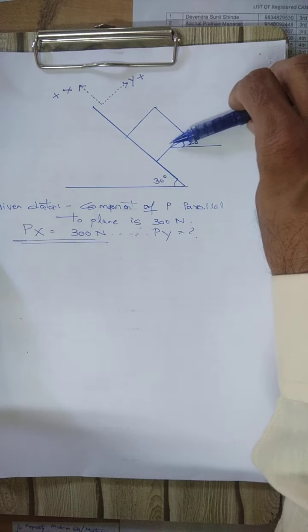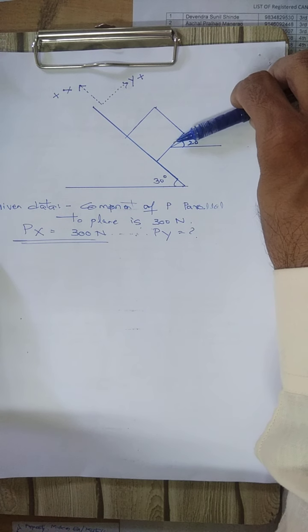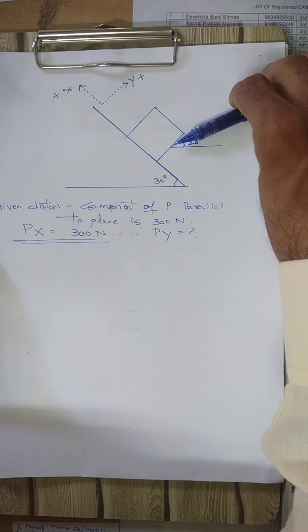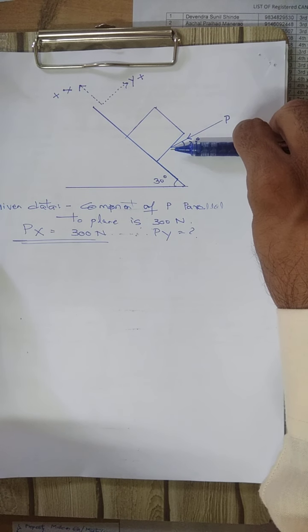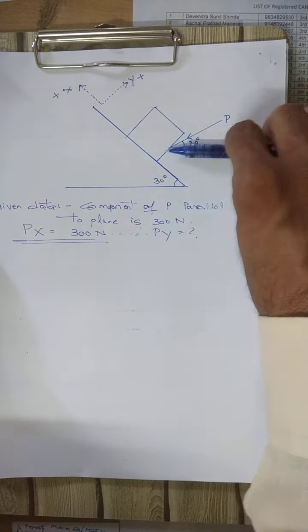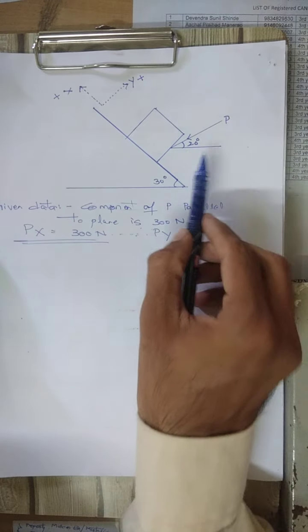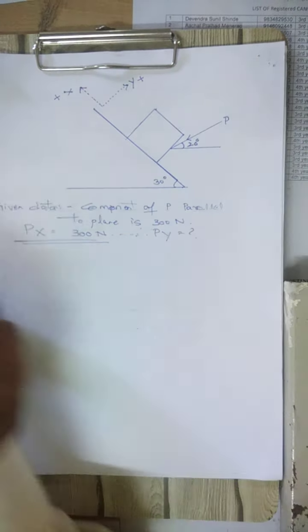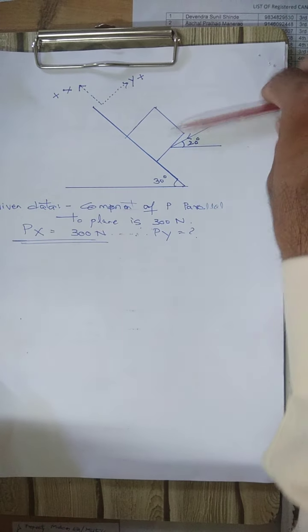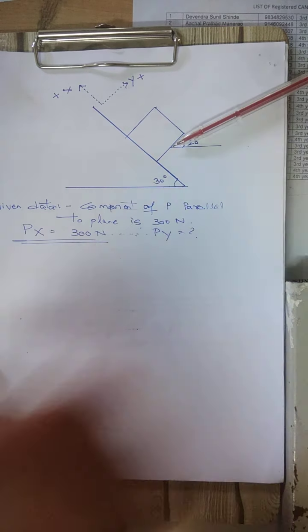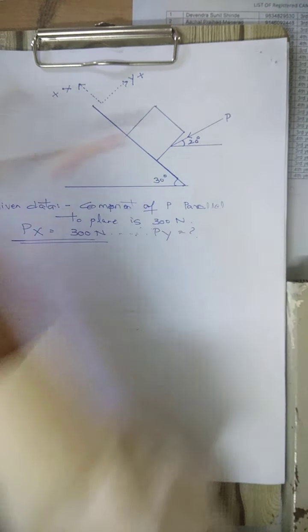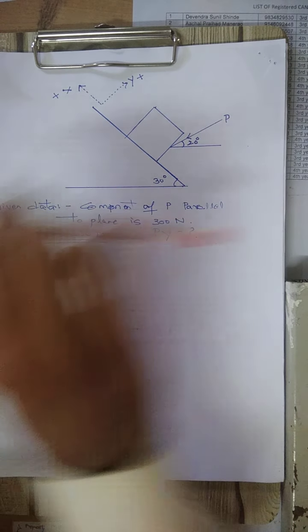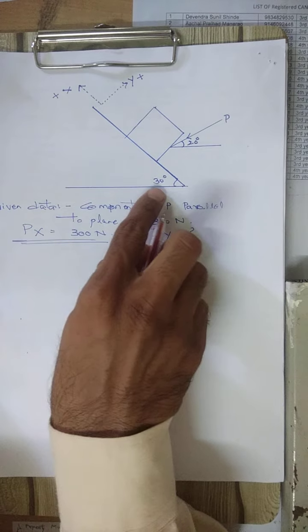Suppose this is the force P, the tip of my pen pointing downward is the force. If you resolve it, is x in the direction of this 20 degrees? No, x is not in the direction of this 20 degrees. If we resolve force P along this direction, this is not the x component. This is the original horizontal component which we refer to in graphs. So we have to resolve all the forces along this plane.